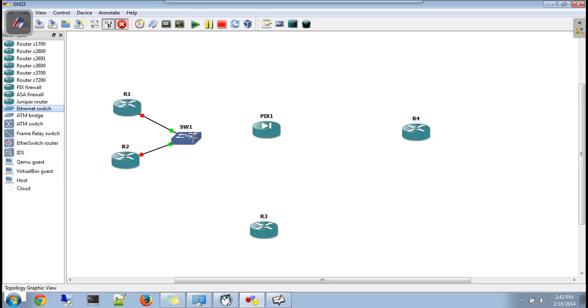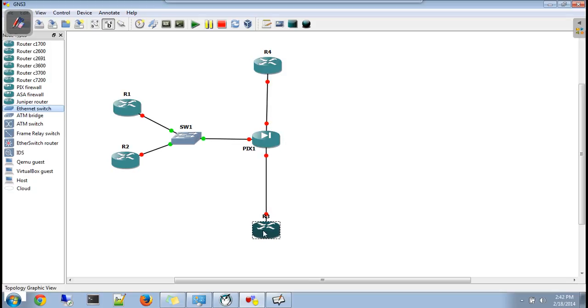Then I'll connect firewall E1 interface to switch port 3. Similarly, I'll connect E2 to R3. I'll connect E3 to R4, and let this be another DMZ. That will increase the complexity.